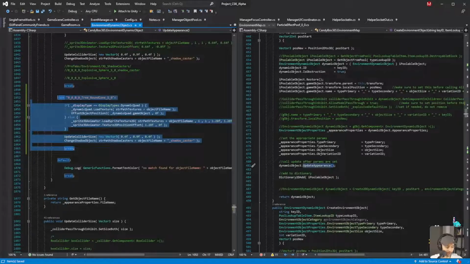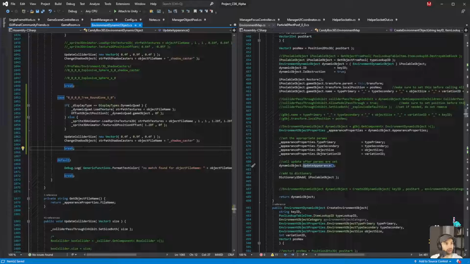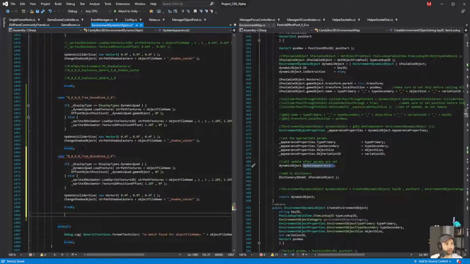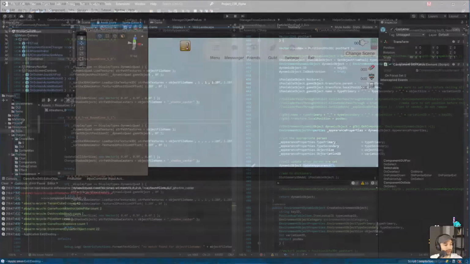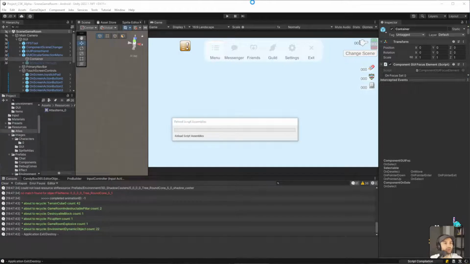Because we did tell it to randomly choose between variation 0, 1, and 2. Okay. So we'll just add that in temporarily. Again, that whole section needs to be refactored. I don't want to do it now and then have to redo it again later.